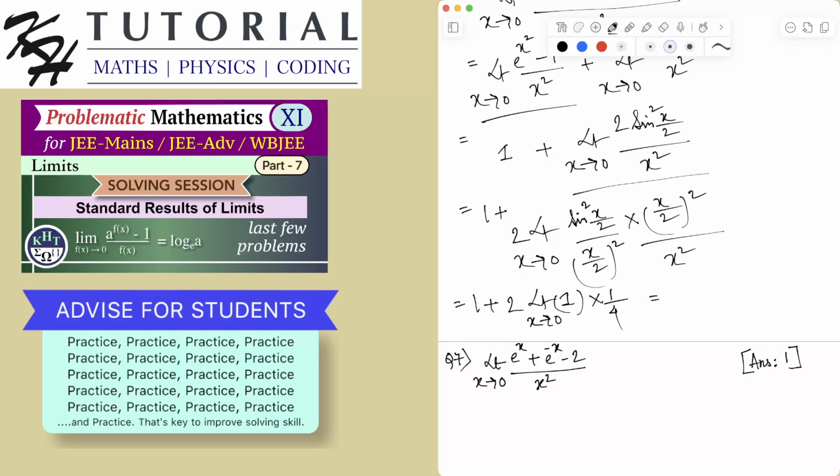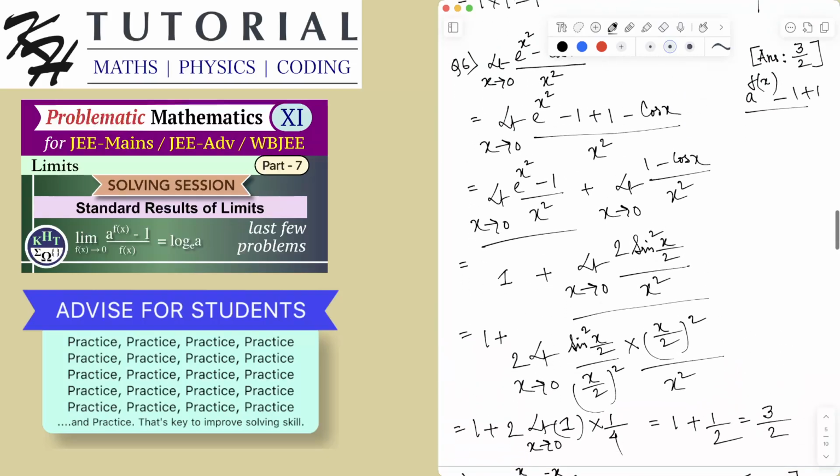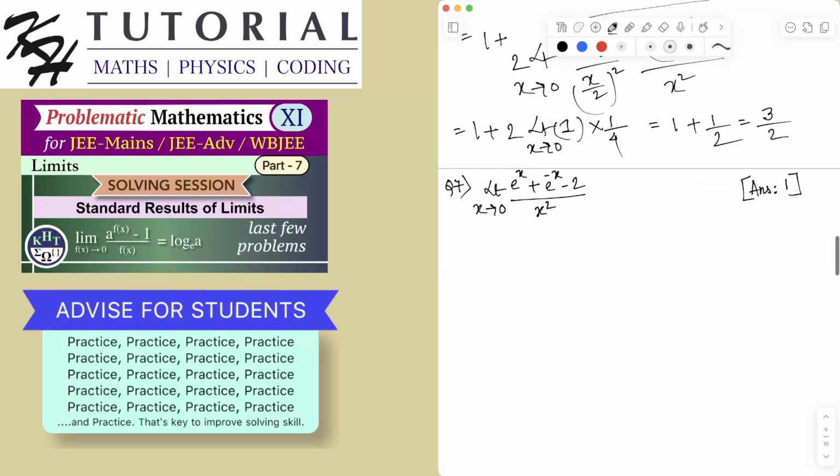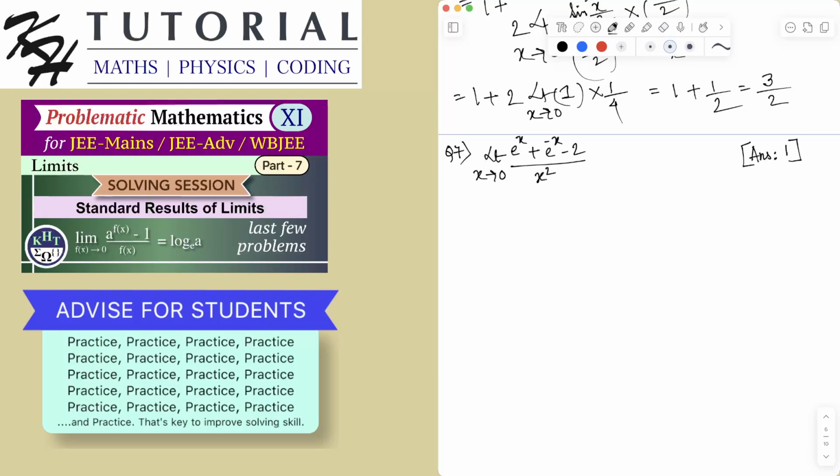Okay, so this is equal to 1 plus a half, which is 3 by 2. I hope the answer is 3 by 2. Okay, 3 by 2. This one also, okay, this one,